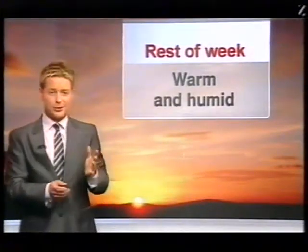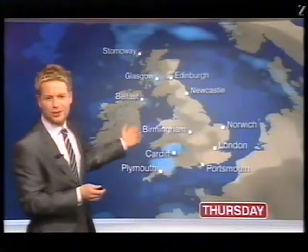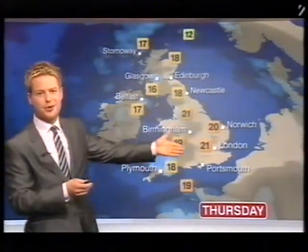How about the rest of the week? Warm and humid. That means that temperatures will stay into the 20s, but on a positive note, it's actually looking a lot better for Thursday, so no real thunderstorms to talk about. Well, maybe a couple of thundery showers across the southwest, but on the whole,